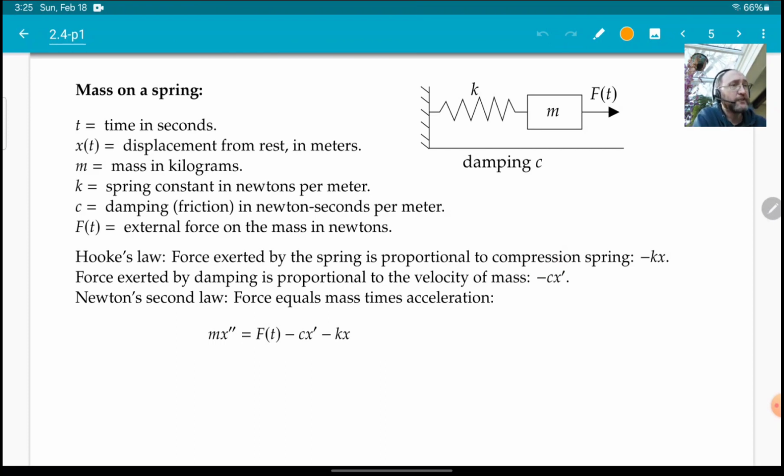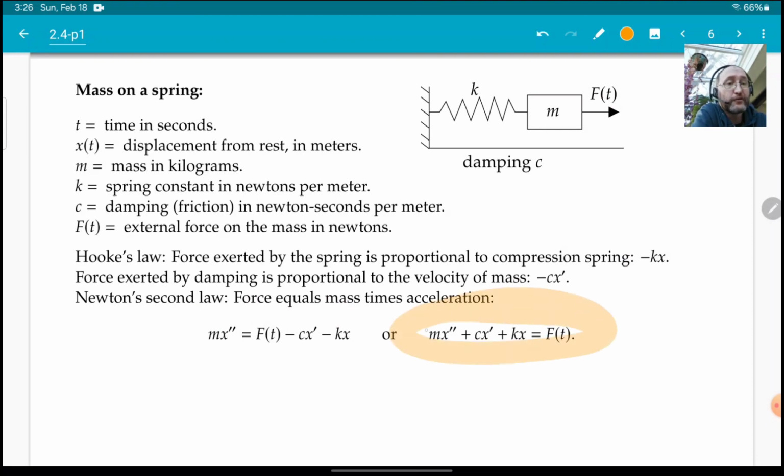Now, Newton's second law says that force is equal to mass times acceleration. So mass times acceleration is m times x double prime, the acceleration, right? And that's supposed to be the total force on this mass. So that's F, the external force, and then minus c times x prime, the part of the force coming from the damping, and the part of the force coming from the spring, right? So we have this equation over here,